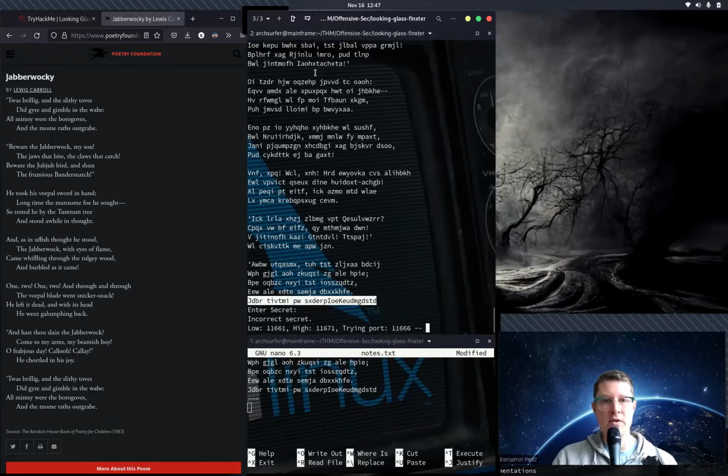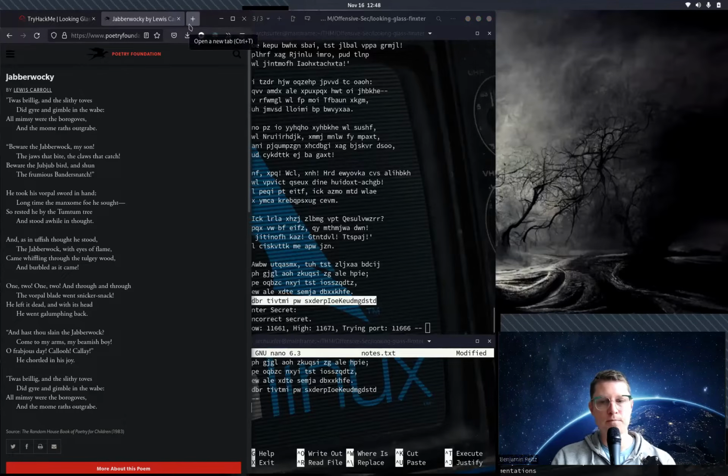We have the cipher text here, the plain text over here. We don't have the key to crack the cipher. So let's turn back to the internet for a minute and see if we can find a site that'll help us to find that key or secret that's hidden in there. And we can decrypt this last line, grab our password for our secret for this, and then we should be able to get into this box. Okay. So let's search up